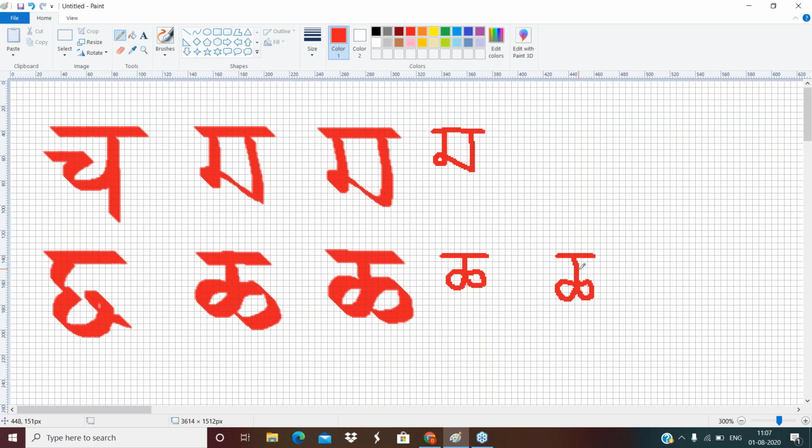That is the only mistake in this Ch. The common mistake is this, which is not correct, because you see this line and this line, there is a distance. This is above, this is below. Here, this is below, this is above. So this is not correct.